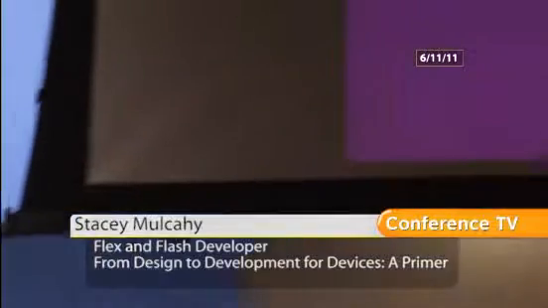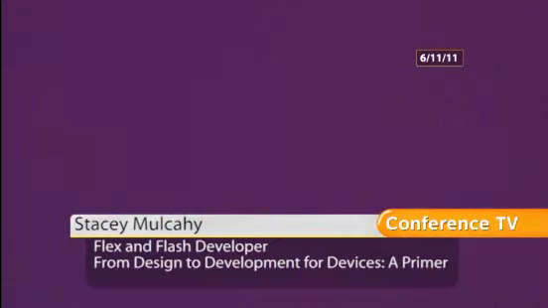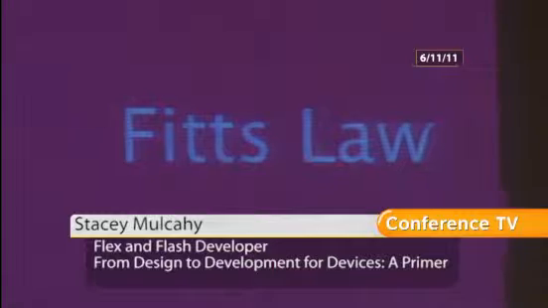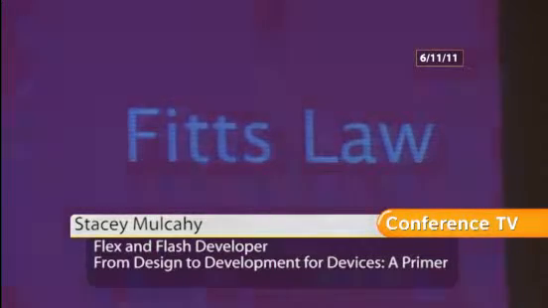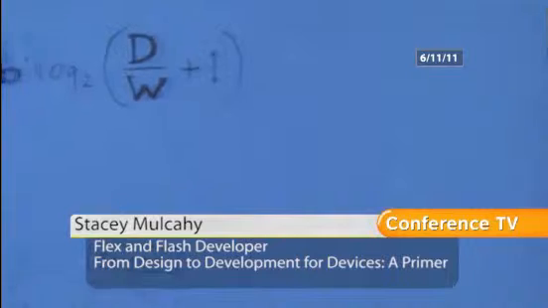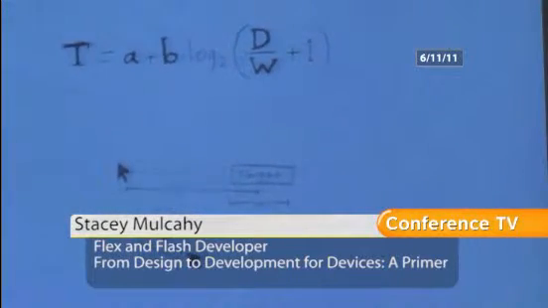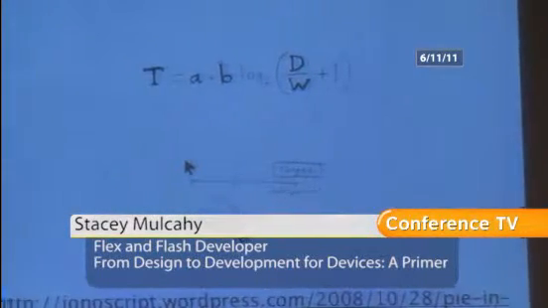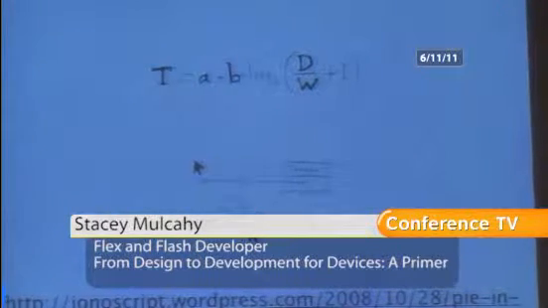What we're going to talk about is Fitts's Law. I'm not going to sit here and give you a lesson, because God knows someone could do it way better than I. But Fitts's Law comes with an equation that makes me want to cry. The idea at the end of the day is that bigger things are easier to hit than smaller things, and closer things are easier to hit than those farther away. That's what it means in plain English. Okay? And that's common sense. But someone has an awesome calculation for it. Now they're famous. Thanks, Fitts.